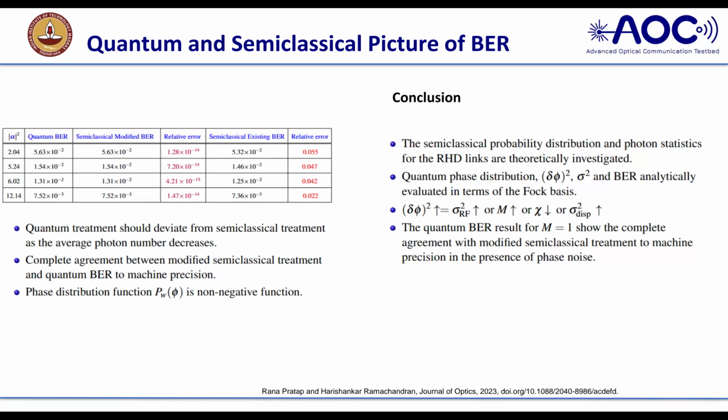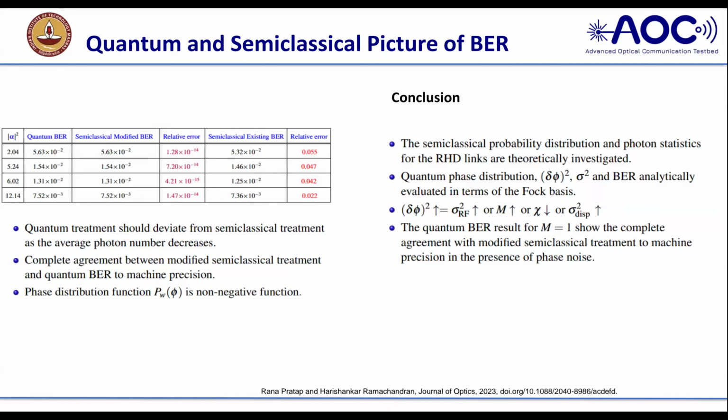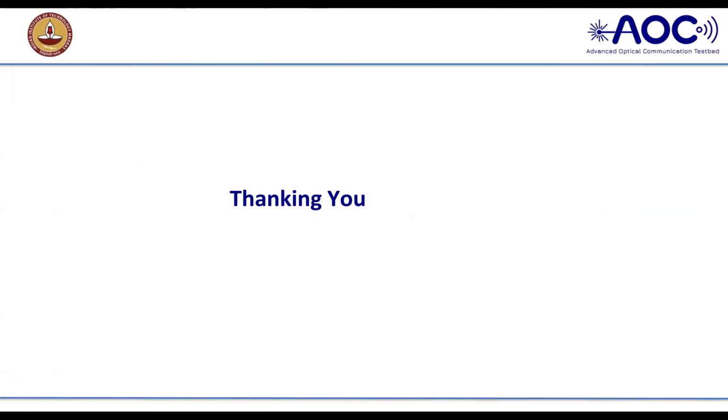So that can be the further work, and all the photonic links can be done. Even the CV-QKD link, what we are doing, we are using the coherent state representation, the continuous variable quantum key distribution system. So now we are transitioning to squeezed coherent state distribution. There, my semi-classical picture will not work. So there, we need to solve the quantum picture. I think so. Thank you, ma'am. I think I did not take more time.